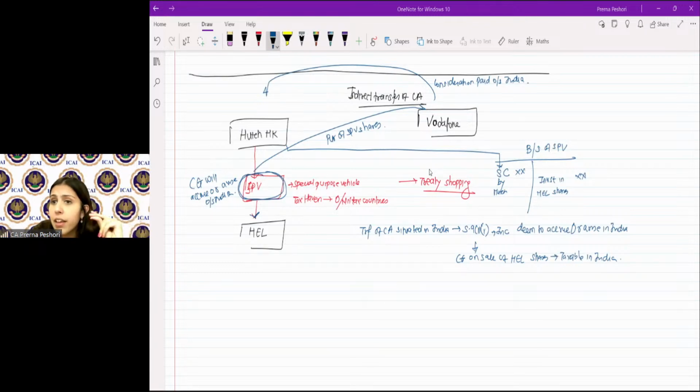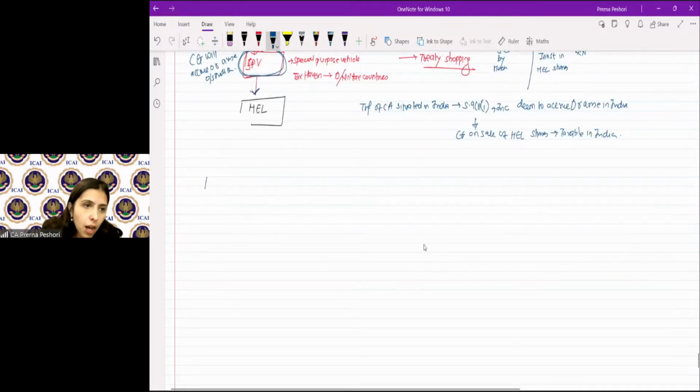The Parliament said, let's amend the Act. And the Act was amended. So what was the amendment carried out? The amendment was, amendment to section 9(1)(i). The explanations were introduced to section 9(1)(i), students. And what was the explanation which was introduced? Explanation 5 was introduced, which said that